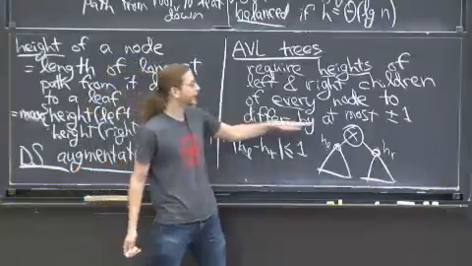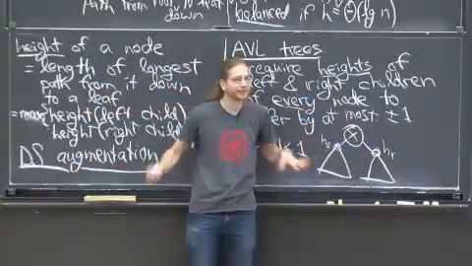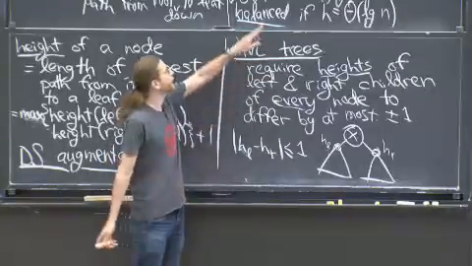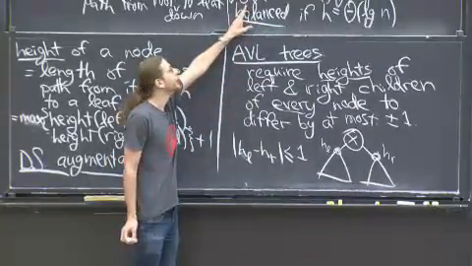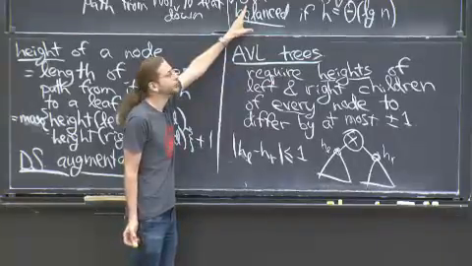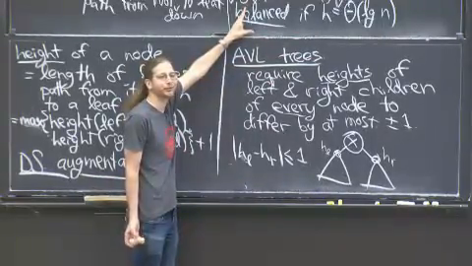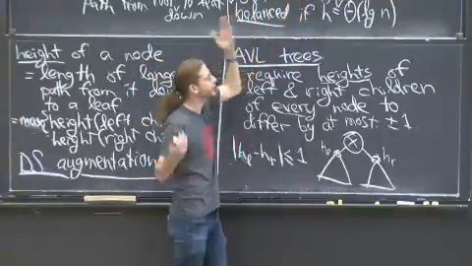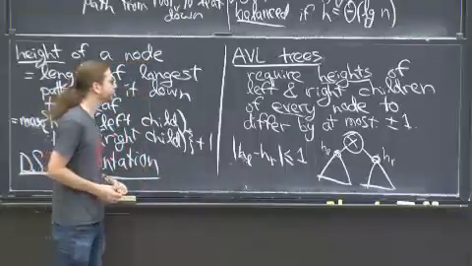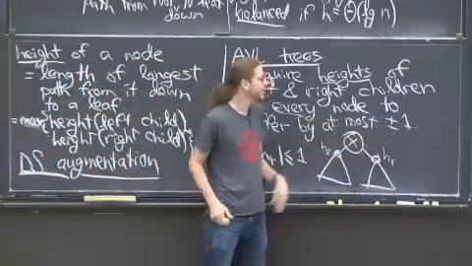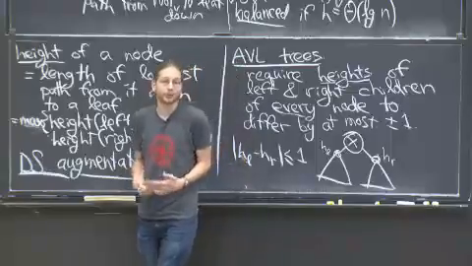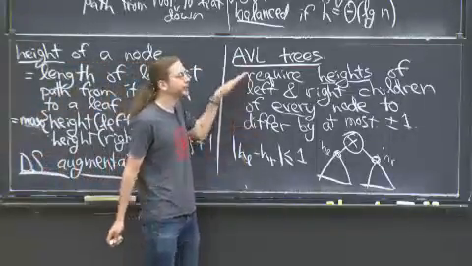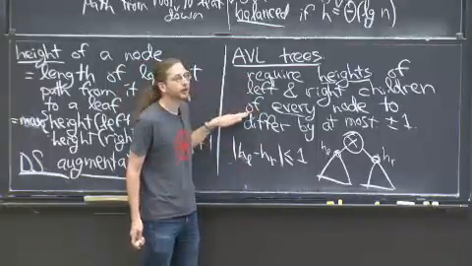Now, I could say differ by at most 0, that the left and the right have exactly the same heights. That's difficult, because that really forces you to have exactly the perfect tree. And in fact, it's not even possible for some n, because at the very end, you're going to have one missing child, and then you're unbalanced there. So 0 is just not possible to maintain. But 1 is almost as good, hopefully. We're going to prove that in a second. And it turns out to be easy to maintain in log n time.